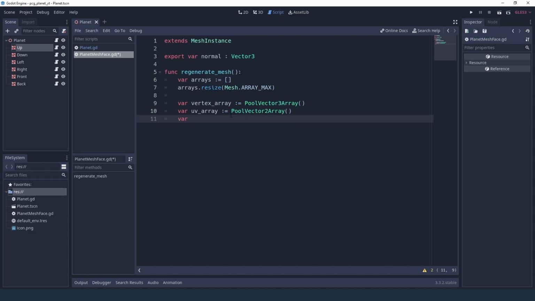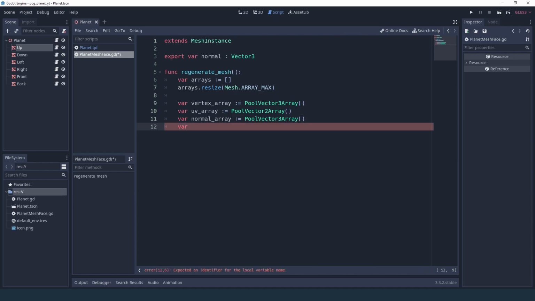And then we're going to need a normal array that's going to be used for our lighting, and this one is a vector3 pointing in the direction we want the face to be pointing, so that we can calculate the reflections and stuff like that in our material. And finally, we need a list of vertices that are going to generate those triangles. So this is going to be our index array inside our vertex array, and it's going to be a